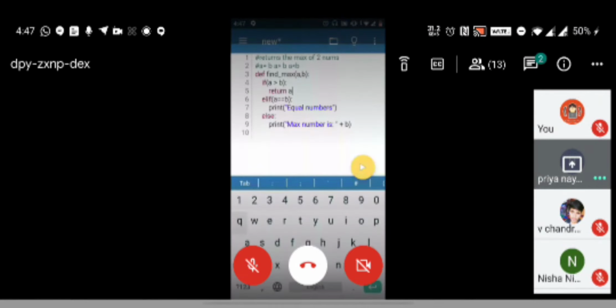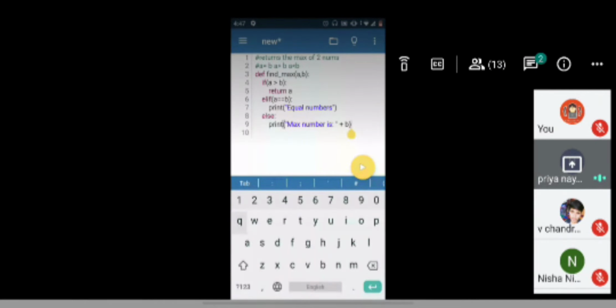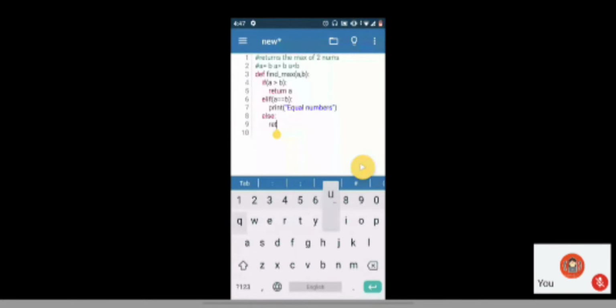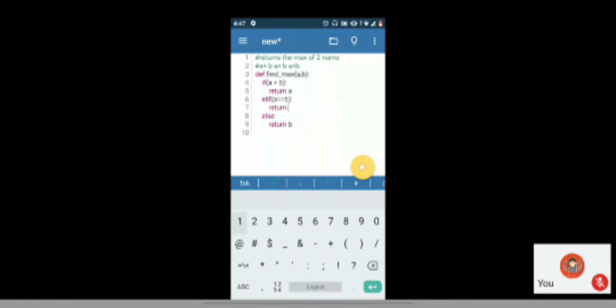Return A, and if max is B, in that case, return B. Now in the case that we have equal numbers, which means there is no max number, both of them are equal, I can return a -1.